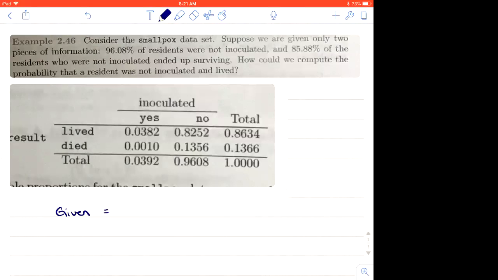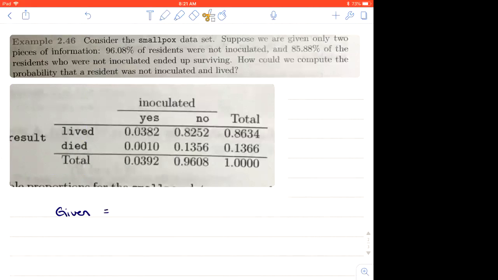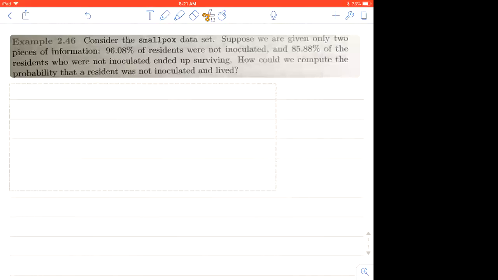So we don't actually need this table. I'll cut it, save some space. Just to undo all my text first. Okay. All right. I keep wanting to refer back to the table, but we're only given that the probability